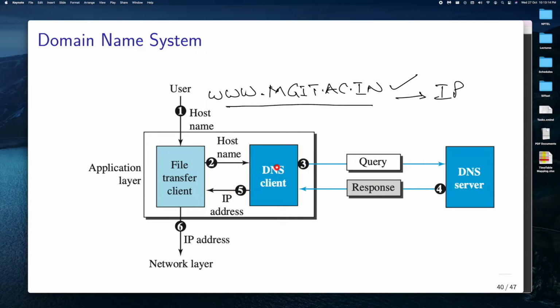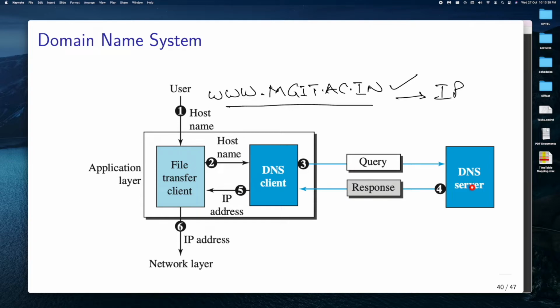Internally, he is sending a query to the DNS server, which is a remote machine. It could be sitting somewhere. Generally our laptop will be knowing the DNS server's IP. So the DNS query goes to the DNS server, asking, can you tell me the IP address of this particular URL.